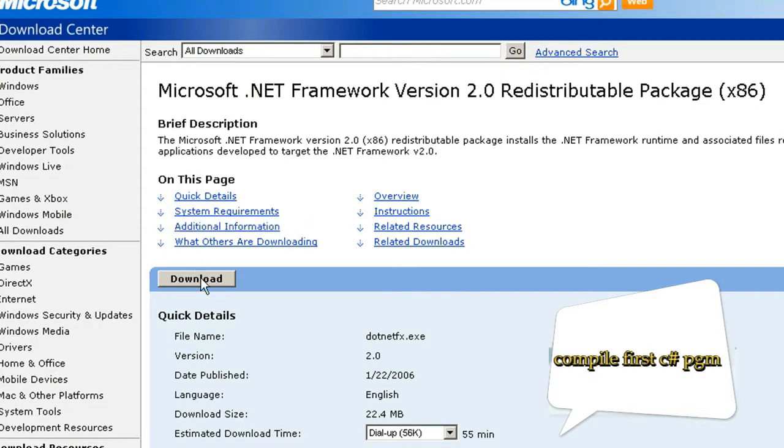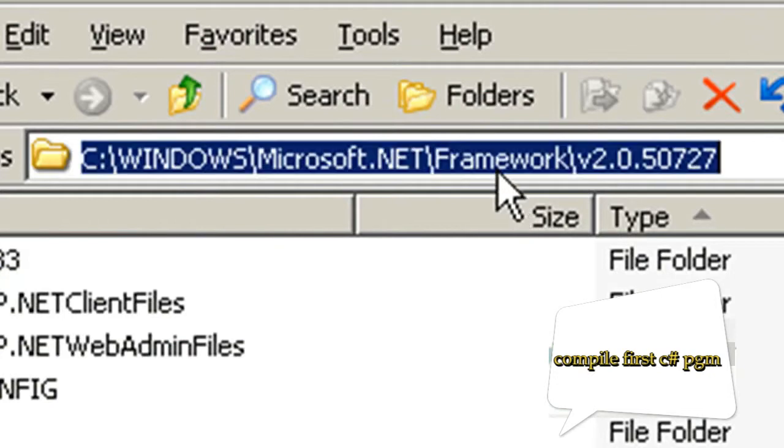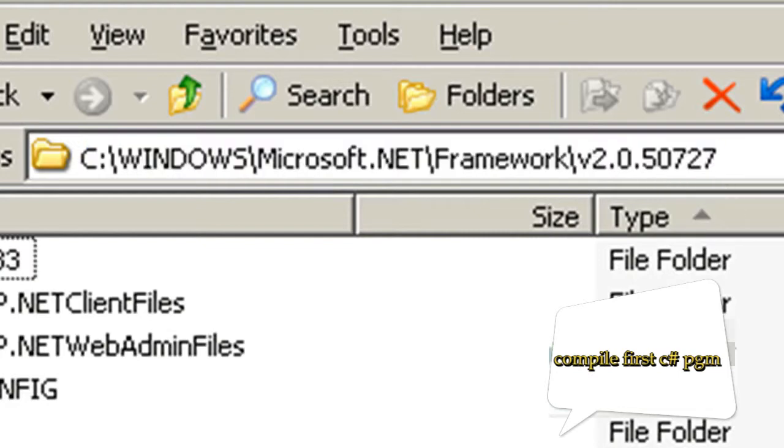So click on download, and the framework gets installed in C Windows Microsoft.NET/framework/your version name. For example, if you have downloaded 3.5, then this is going to be version 3.5. If you have downloaded 3.0, then it will be v3.0. In this folder, the framework is installed, and it has all the necessary compilers and tools to write a .NET program.